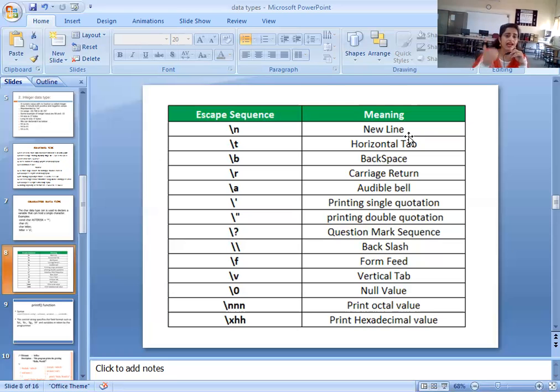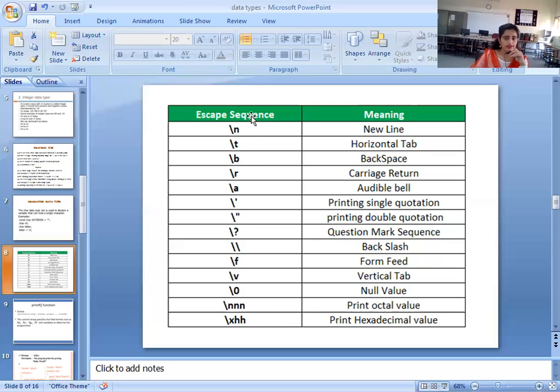तो उस टाइम पे जब हम न्यू लाइन लगाना चाहते हैं, जब हम टैब करना चाहते हैं, जब हम बैक स्पेस या बैक स्लैश लगाना चाहते हैं, या हम डबल इन्वर्टेड कॉमास या सिंगल इन्वर्टेड कॉमास को आउटपुट स्क्रीन पे शो करना चाहते हैं, कुछ स्पेशल कैरेक्टर्स को शो करना चाहते हैं जो हम नॉर्मली कीबोर्ड से एंटर करें तो वो चीज काम नहीं कर सकती, तो उस चीज के लिए हम यूज करते हैं ये escape